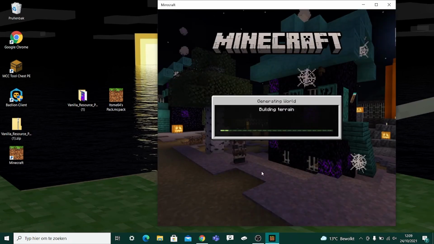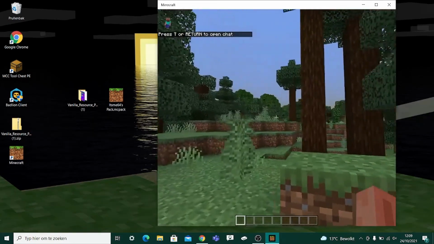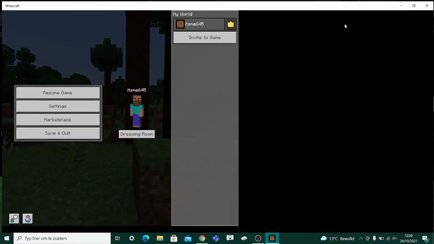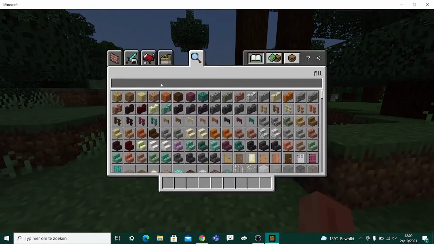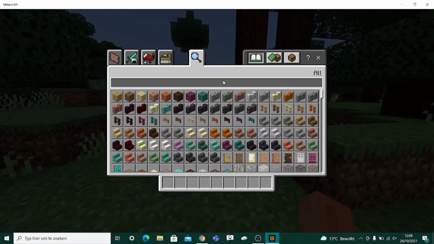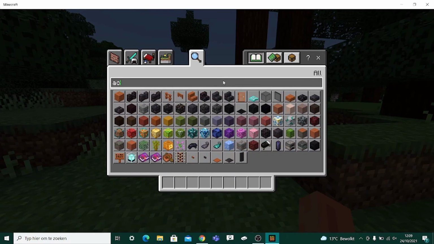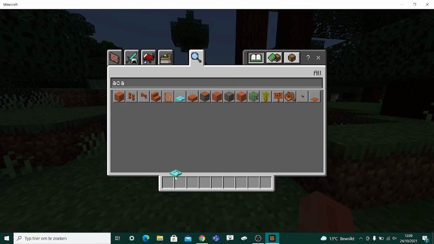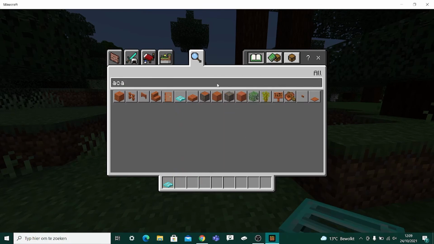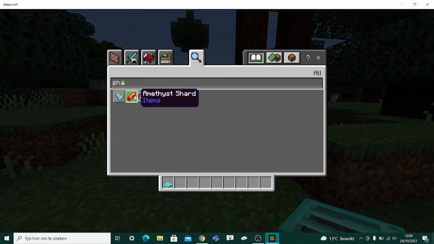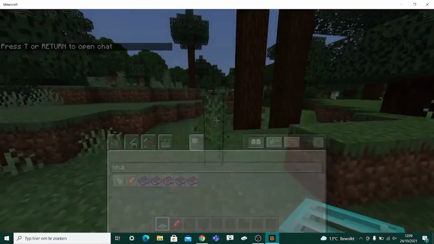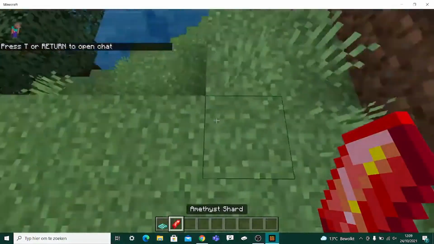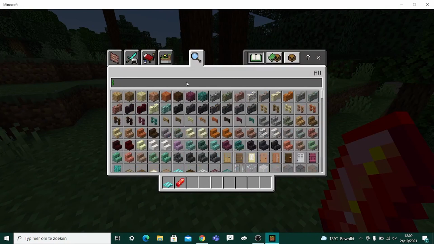and you can head into a new world, or just any existing world, whatever. There we go, and now right in here you will see your changed textures. So the first one I changed was the acacia trapdoor, and look at that blue acacia trapdoor. The second one I changed was the amethyst shard. So look at that fire shard. There we go, we have a fire shard over here, and